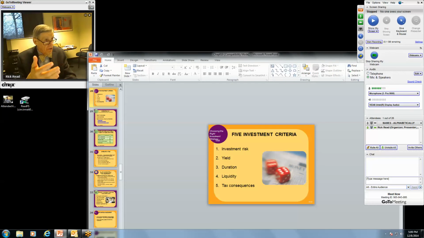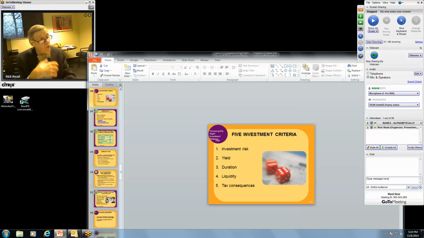You have to be concerned with what the return is on your investment. Put up $100, what kind of money are you going to get back over a certain period of time? How long are you going to have to hold the investment to get your return? If you buy a bond, it tells you. Stocks will give you some indication, but again, stocks are not guaranteed. A bond has a guarantee on it. A bond is a debt.